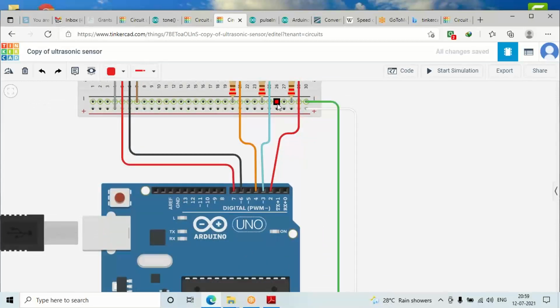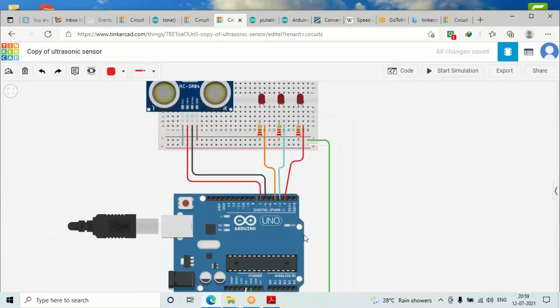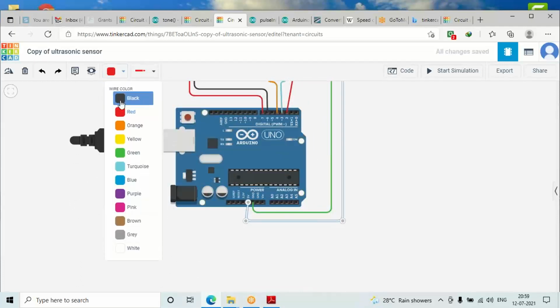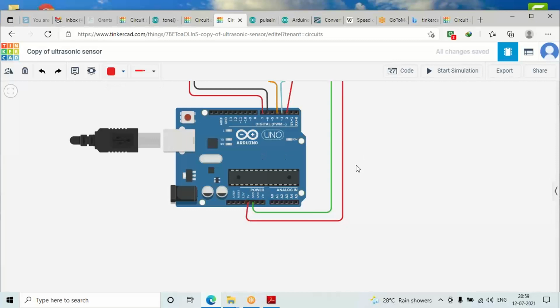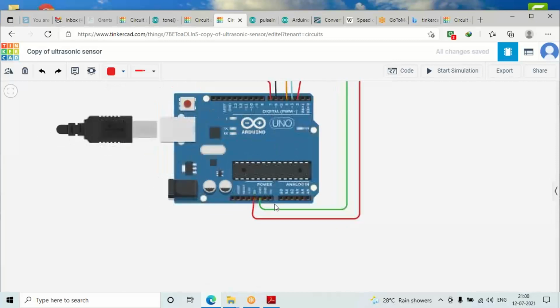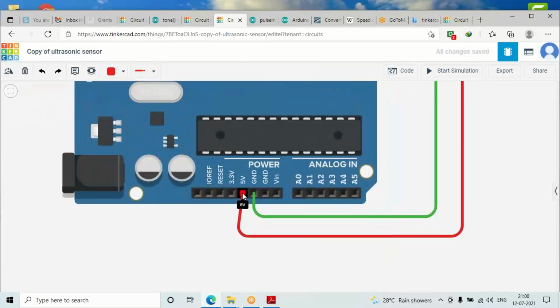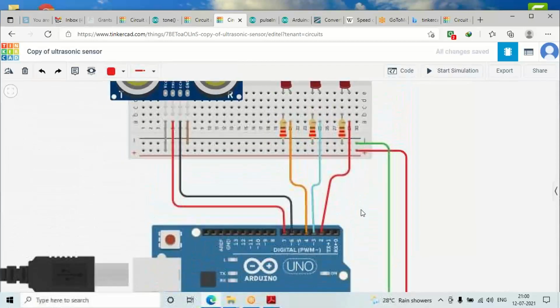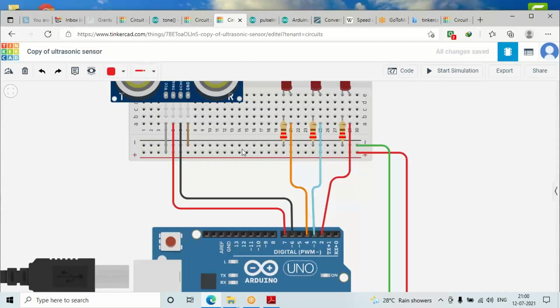You can see it's written here, so this complete channel is ground. I have also taken one white wire. Maybe it's not visible here, but okay, I'll change the color, I'm making it red. Now you can see. I've taken one red wire, and this red wire is coming from the 5 volt pin. You can see here, and that 5 volt I'm passing on to the breadboard plus wire. So this all is having 5 volt.